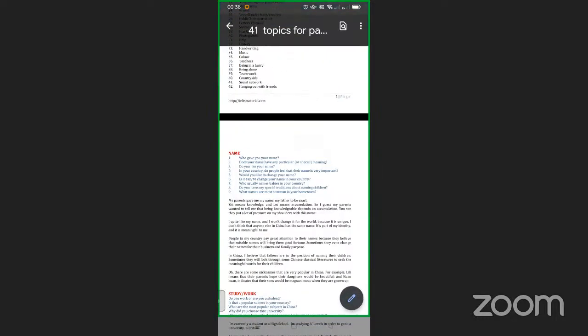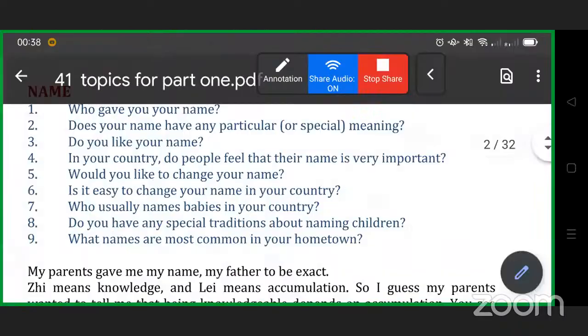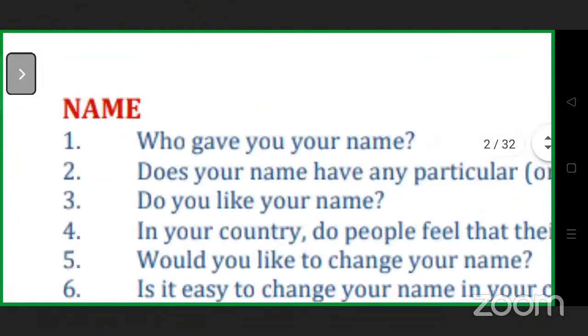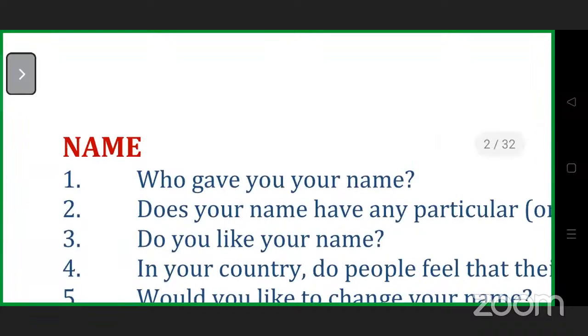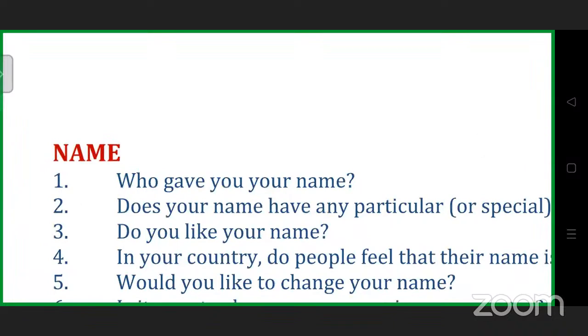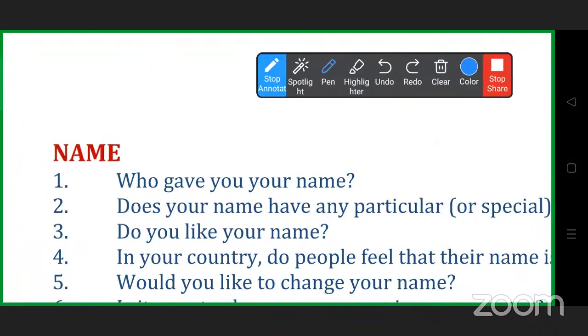I'm coming back to the topic. So the first question, a very interesting one: Who gave you your name? That is already a suggested question within the book that I am using to make this understood. The first thing that comes into play